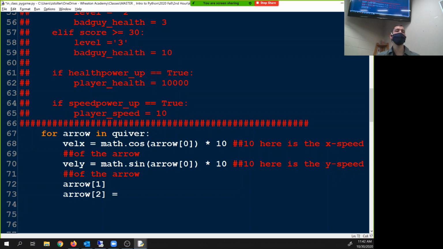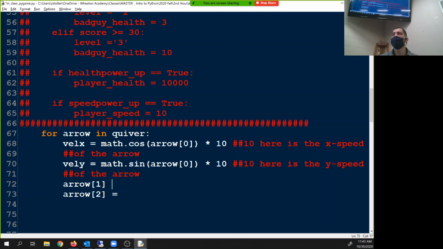Bracket. Right. If there's nothing in quiver, if we've never clicked, it skips this loop because there's nothing in it. So we don't define it until later, right? So it doesn't actually do anything until the event. Right? Until you actually click something, it basically skips all of this. So we are adding to